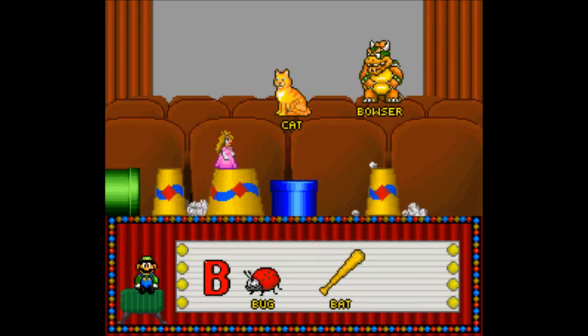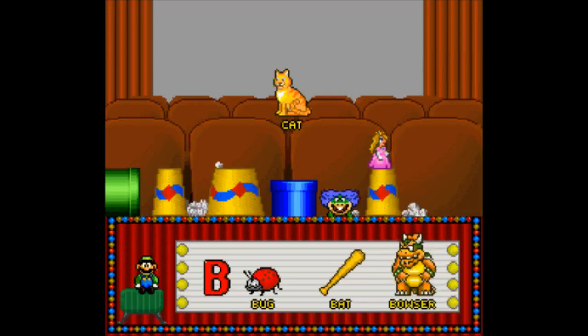You picked bat that starts with B. Bat. Pick a word that starts with the letter B. Super! You chose Bowser that starts with B. Bowser.